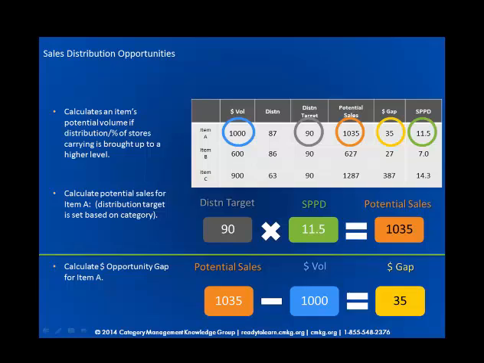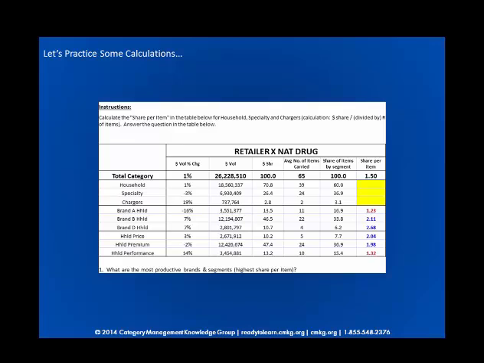So I've shared with you a couple of key calculations that can bring a lot of insights to your analysis as you're looking at the category tactics. If you want to pull out that PDF file, if you haven't yet downloaded it from the materials section, if you joined us a little bit late, go into the materials section on your GoTo Training. There is a PDF file with the word exercises in it to walk through some calculations and to look at how